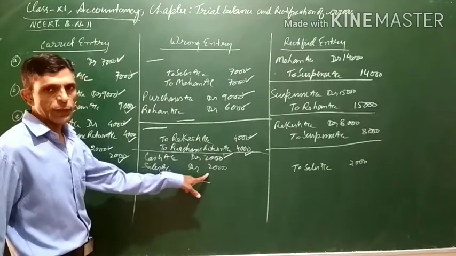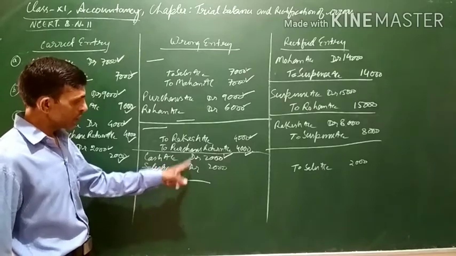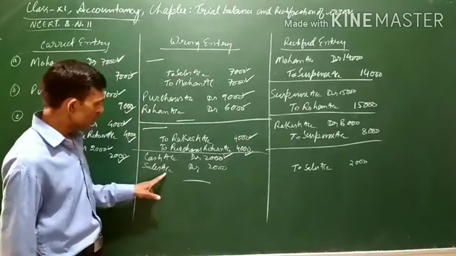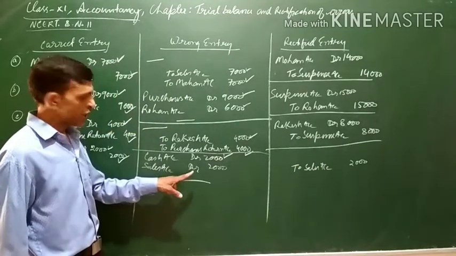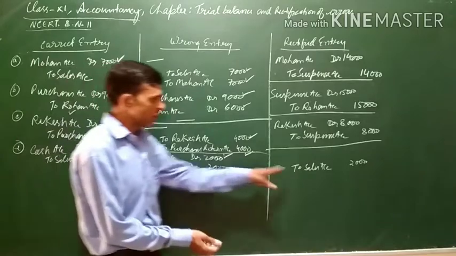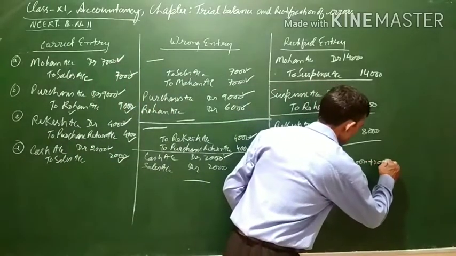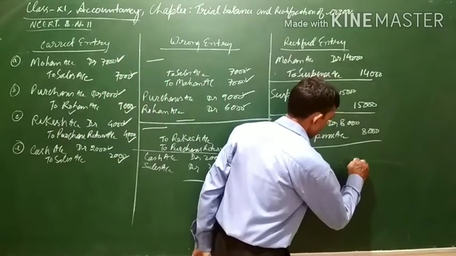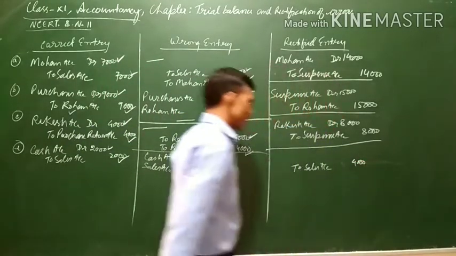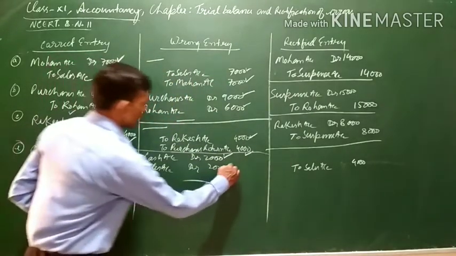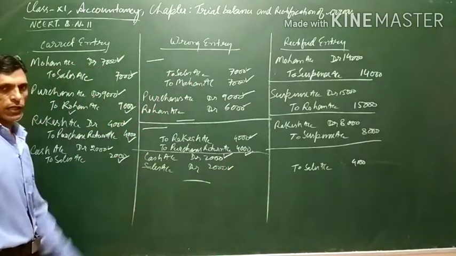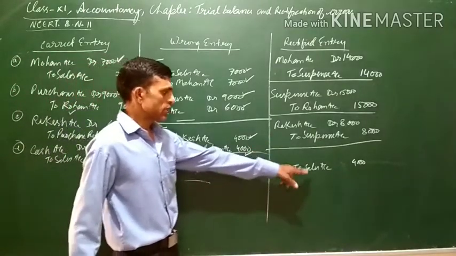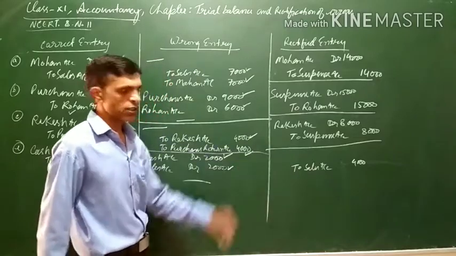This sales was wrongly debited. In order to cancel this debit, we will credit sales account with 2,000 more. Already sales account has been credited with 2,000. To cancel the sales which has been debited wrongly, we will again credit sales with 2,000 more. So the total amount will come to 4,000 for sales account. All the corrections have been made for whatever wrong entry was passed. Now there is no other account to be debited, because sales is already credited with 4,000.